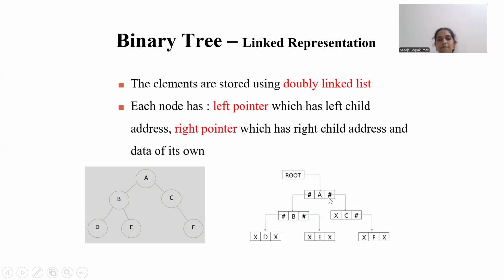When coming to B, we have the left child node as D, so D's address will be stored at the left of B.